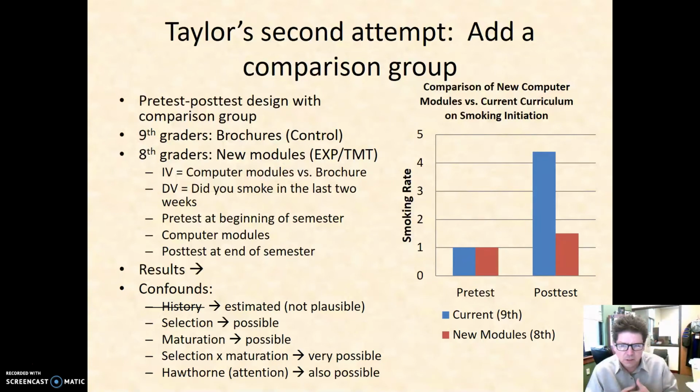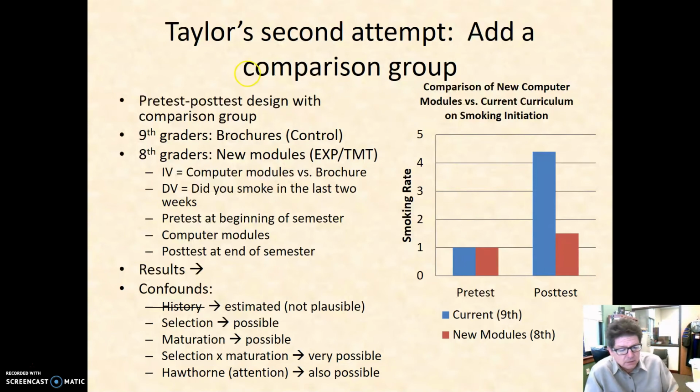the researcher, help Taylor to estimate or at least examine any effects of history or maturation. And the idea here is that those effects should affect both groups equally. So a maturation effect or a history effect isn't necessarily controlled, but it's estimated. But I'll get to that in a second. So this is a pre-test, post-test design, but this time she did it with a comparison group. And because she works in a school situation, she has classes of 8th graders and 9th graders, and to make